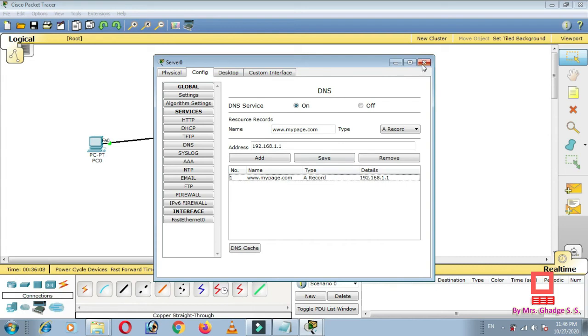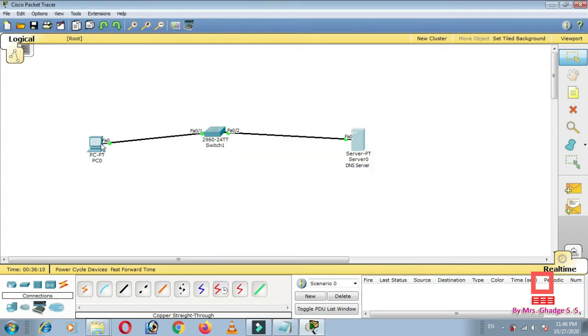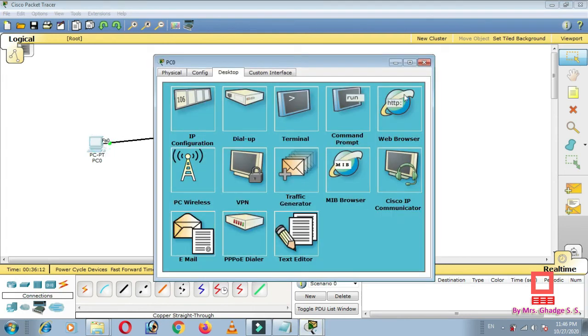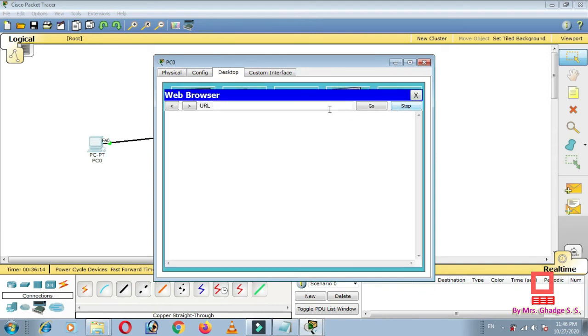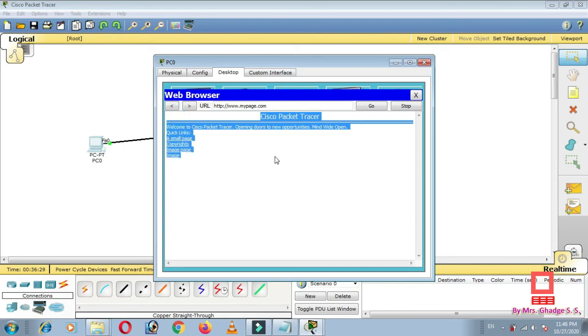So for that, just close this, again go to PC, just click on web browser and enter the URL www.mypage.com. Okay, just click on go button. So here you can see the output.